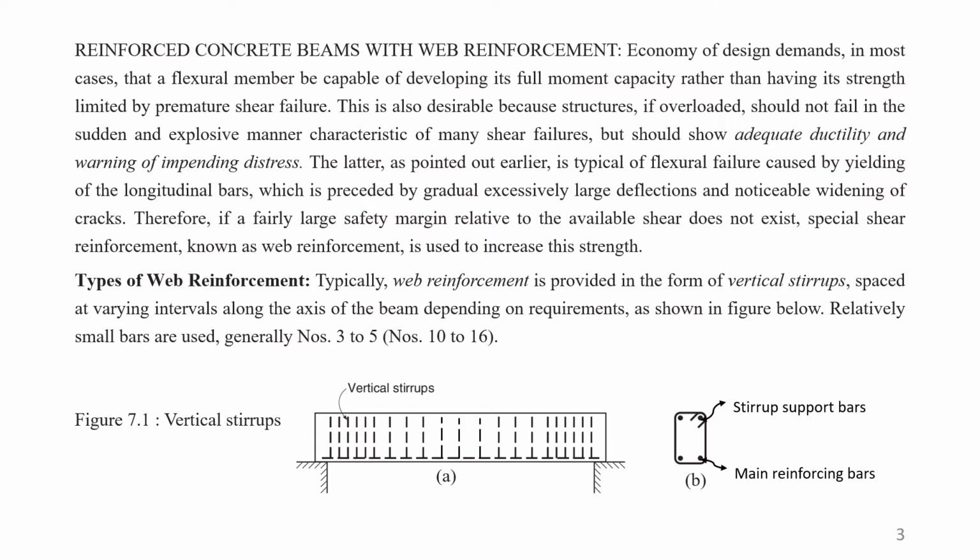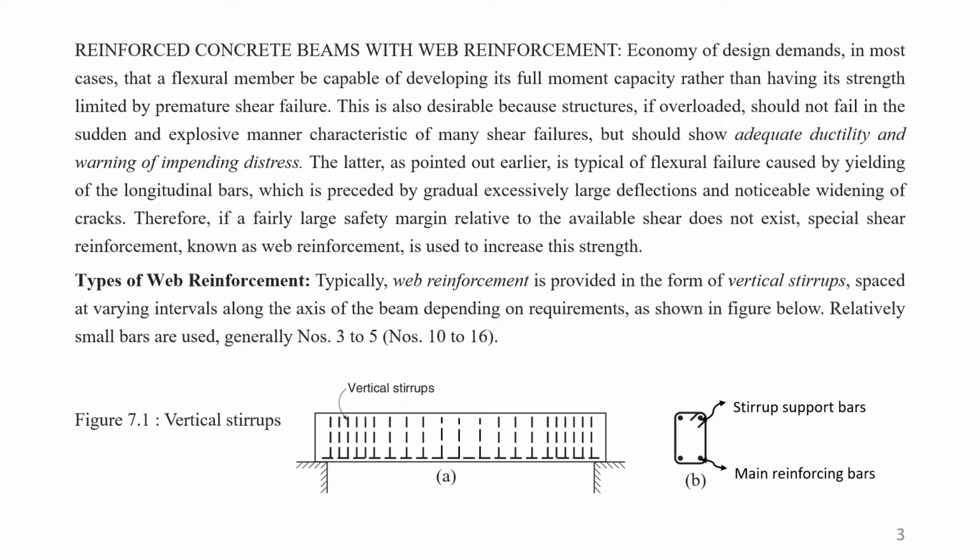The stirrup is normally provided by number 3, 2, 4 or 5 bars, because it is to be bent, and the stirrups should have some limitation of spacing. That's why we will be using smaller size steel bars for shear taking, and some part of this total shear force will be taken